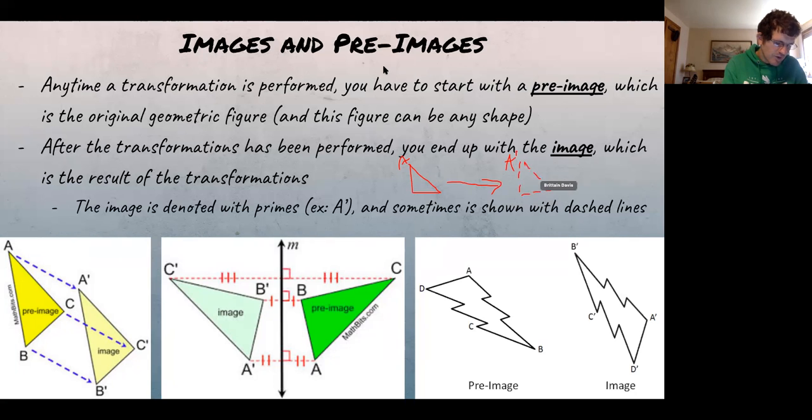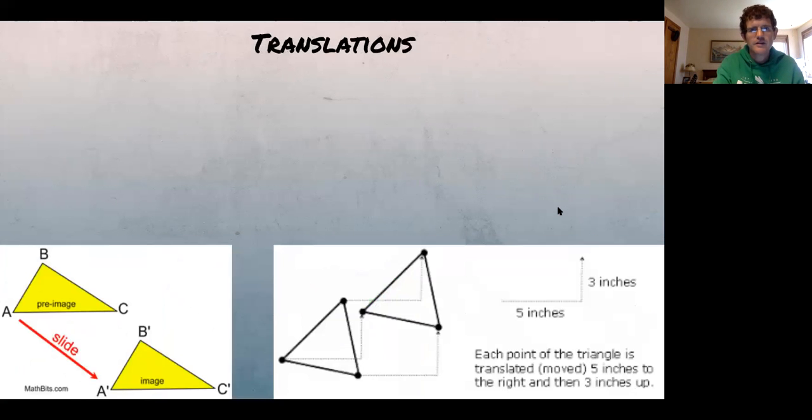You won't always see it that way, and these 3 examples down at the bottom, they don't show that, but sometimes they are shown with dashed lines. All right, I think that's enough about that. So let's talk about